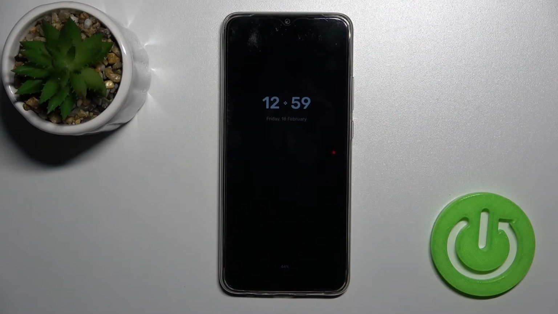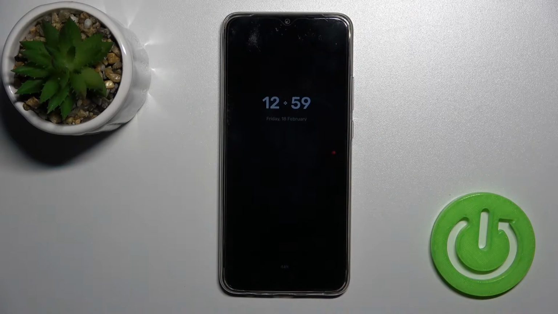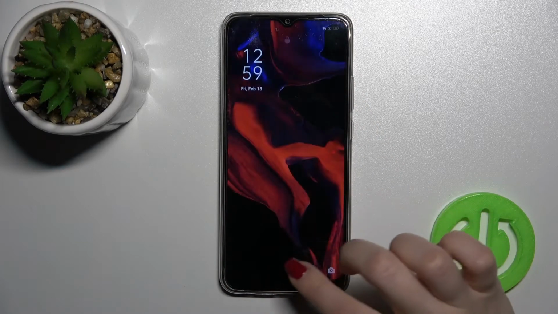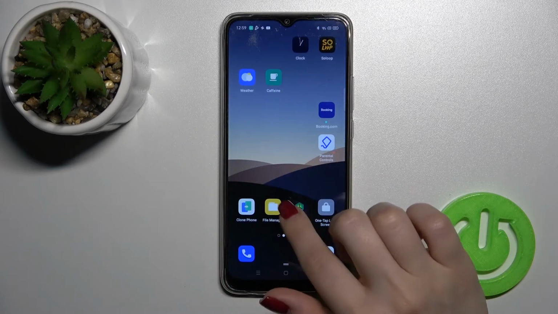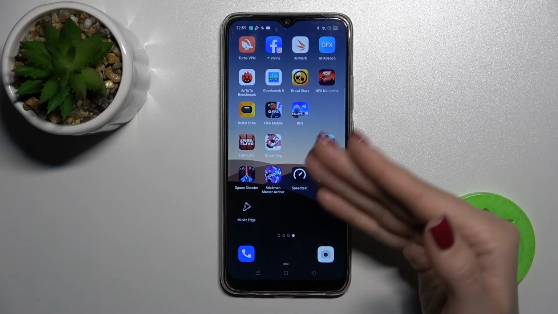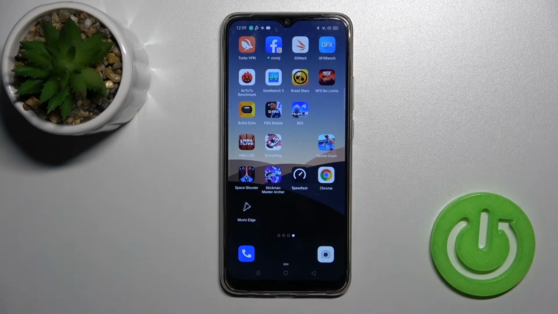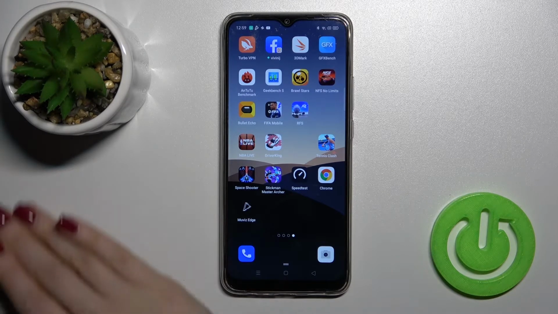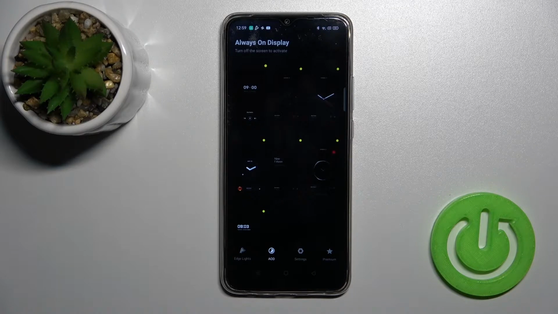Welcome, today in front of me is the OPPO A15s, and I'll show you how to customize the always on display feature on this device. So first we should go to our Muviz Edge application, because it will help us with this. Unfortunately, this feature is not activated by default on our device,